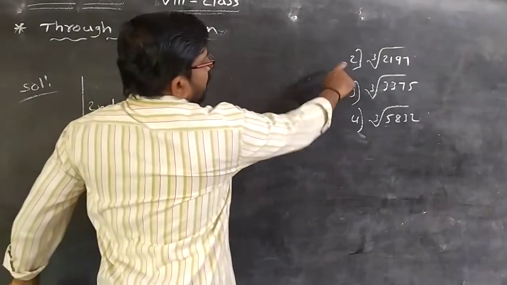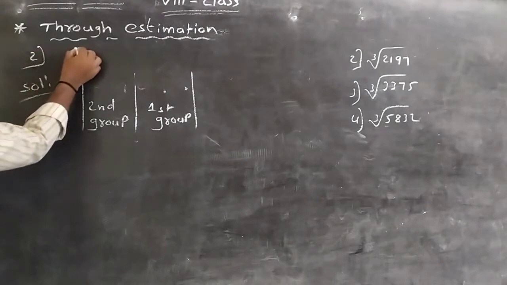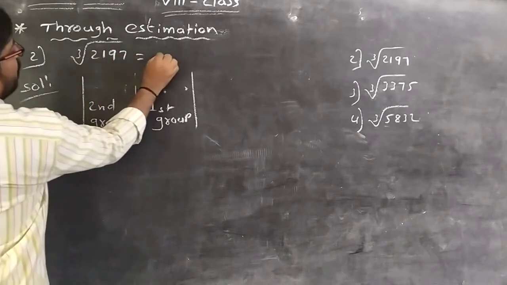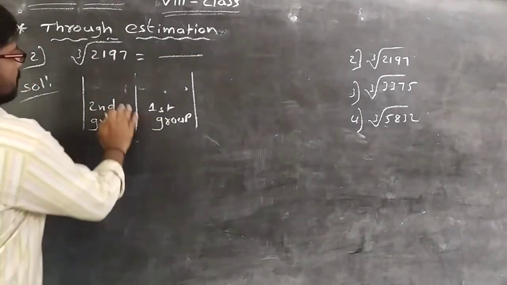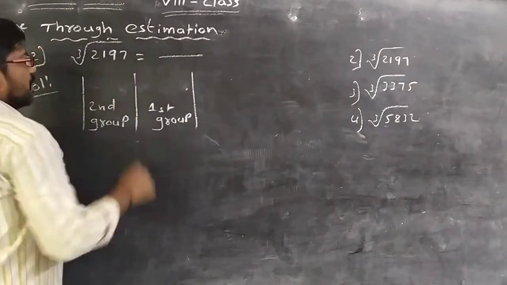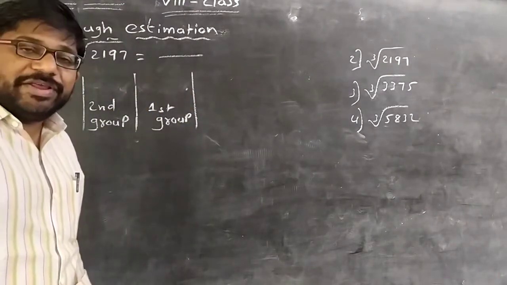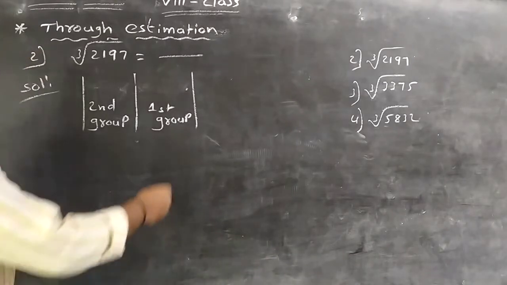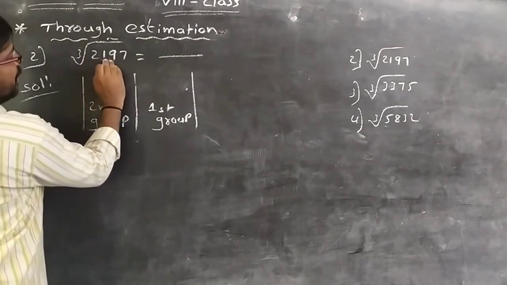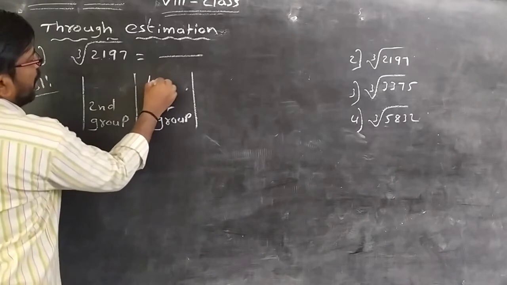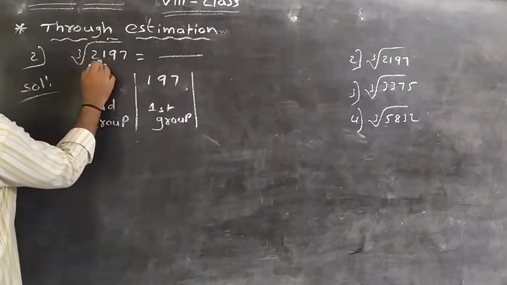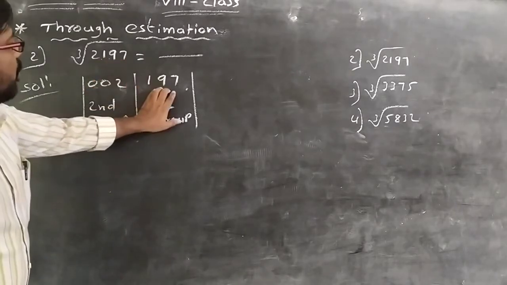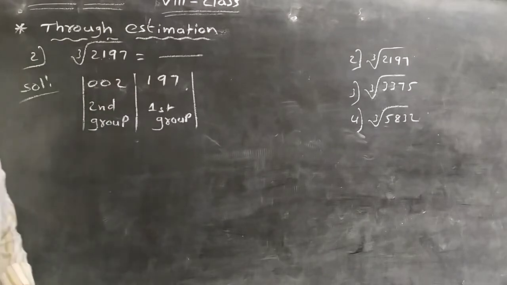Yes, take the second problem. The cube root of 2197 is equal to what? Observe carefully, and follow the previous rules. First, write the given number and divide it into groups of 3 digits. So 2197: 197 is the first group, from right to left. Here 2 is there, with zeros on the left side. See, it is the first group and this is the second group. So this is the first step.